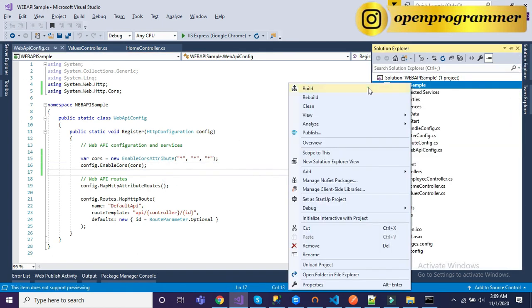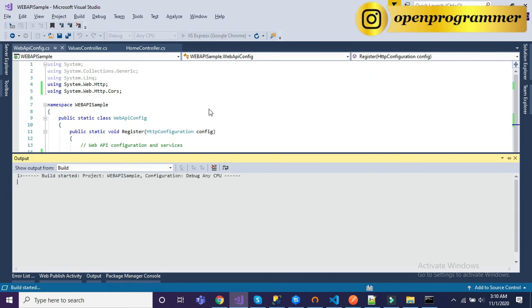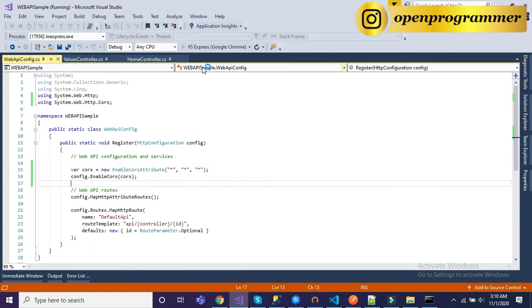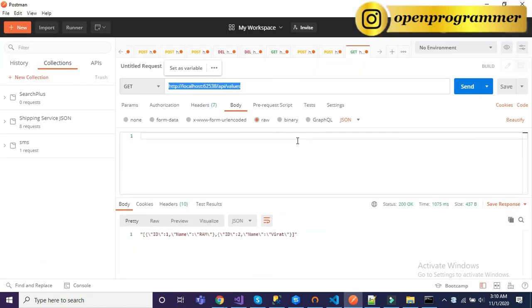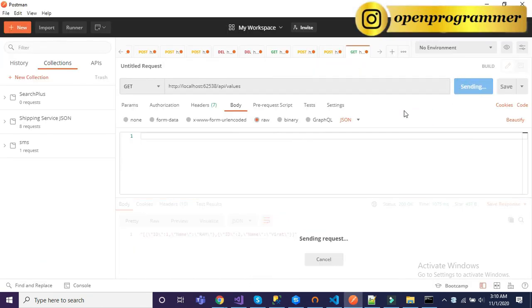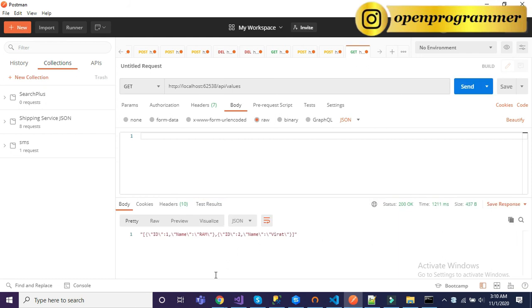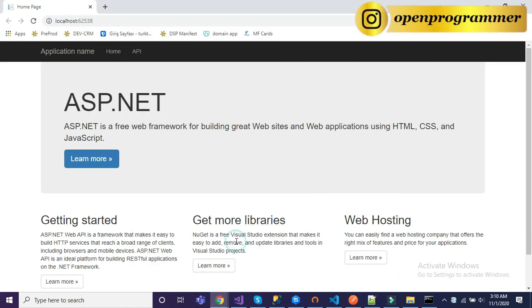Let's build it again. Build succeeded. Let me start this web API project. It is opening. Once it gets loaded, we'll try it in Postman. Okay, let's try it once again. We are receiving data. Now go to our browser again.